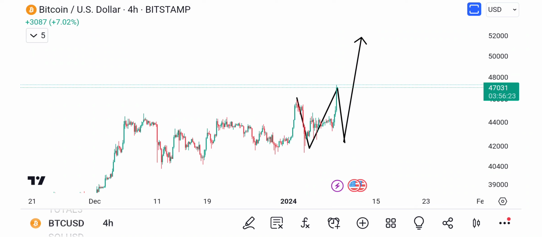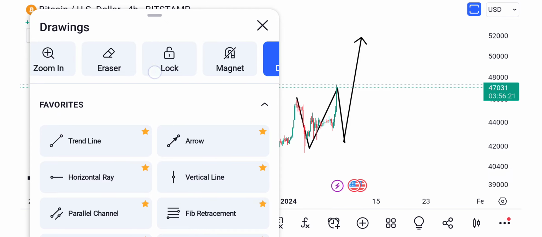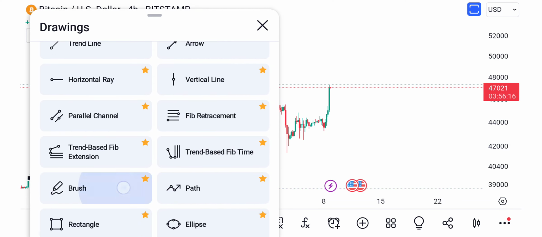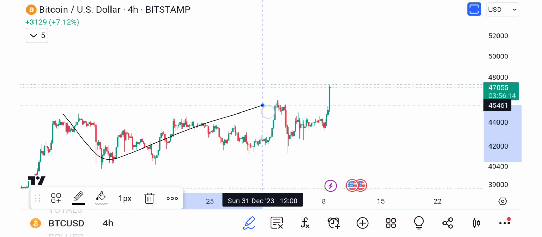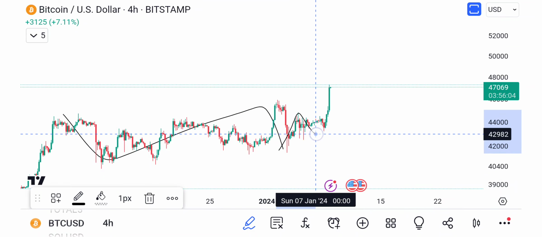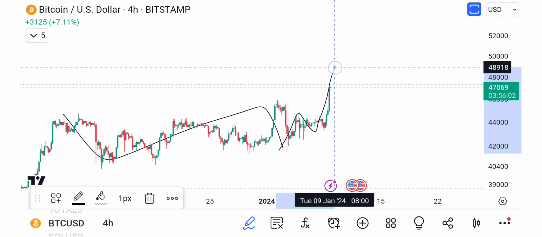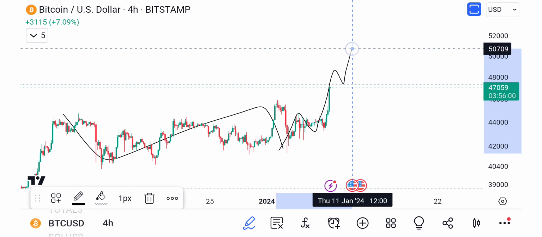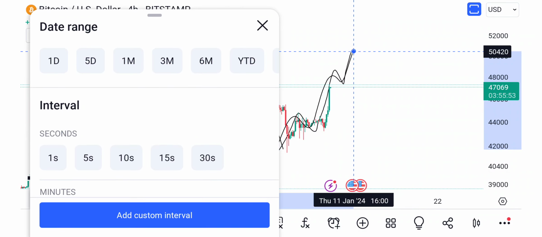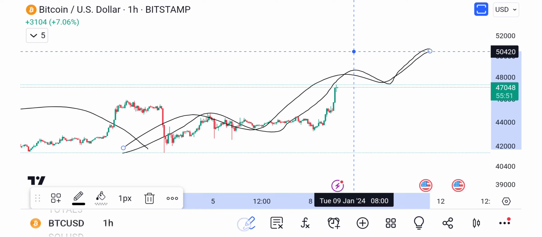So here we go. Idea number 1, in no particular order, is this is an A, B, C. That's confirmed. We know that now, right? So adding to that is a 1, 2, now we're in 3, we get 4, and we get 5. That's idea number 1: 1, 2, 3, 4, 5. We're in the 5th. So if we zoom into the 1 hour,